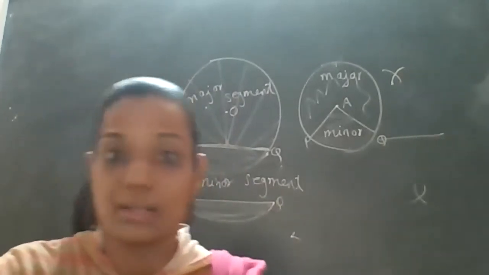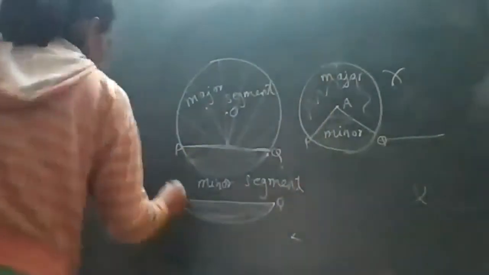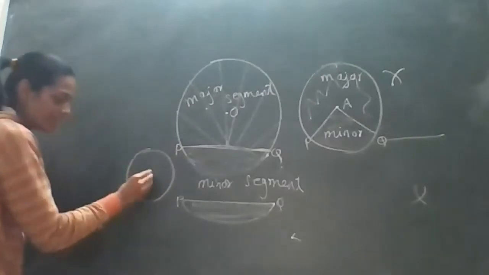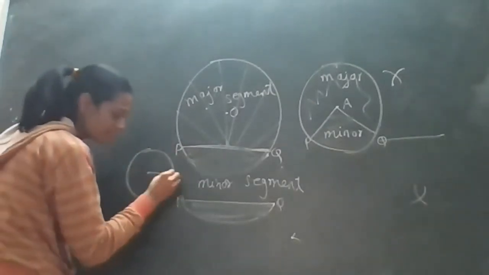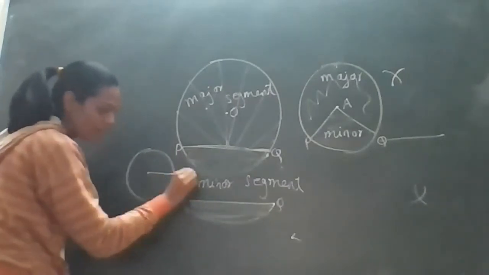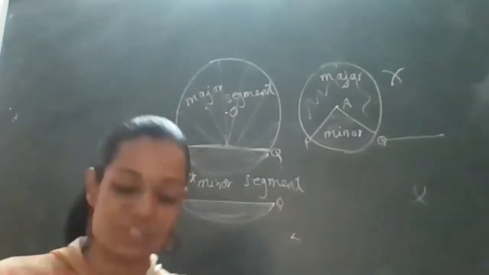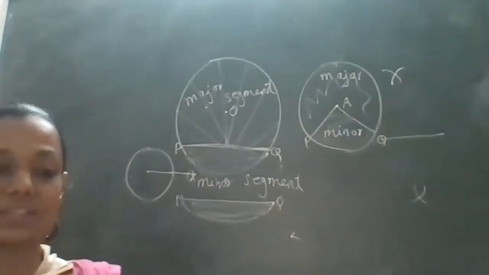Diameter? No. Exterior or interior? See, it is exterior. The distance of this point from the fixed point is more than the radius, so it is outside of the radius of the circle. It will become exterior. Okay, the answer would be exterior.